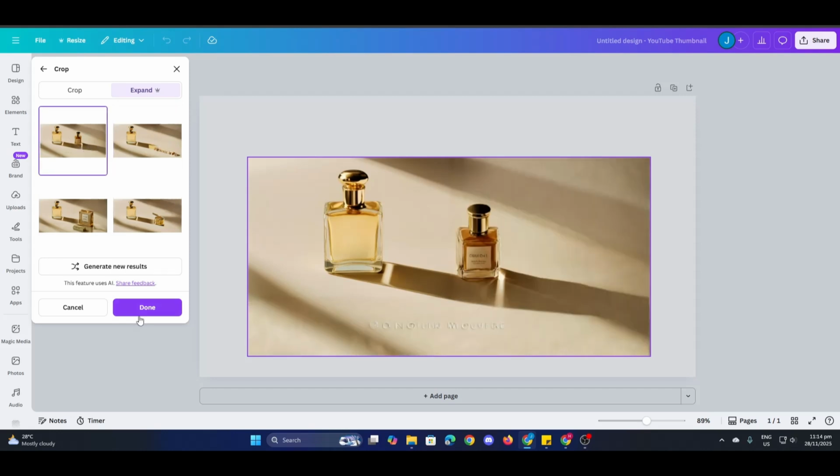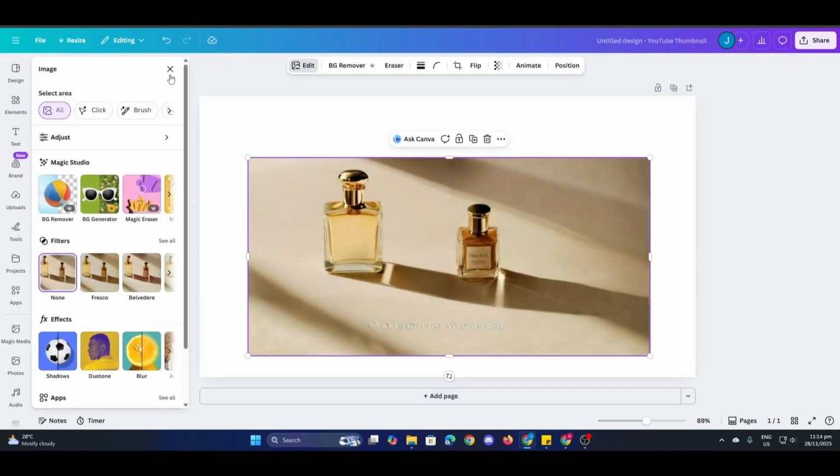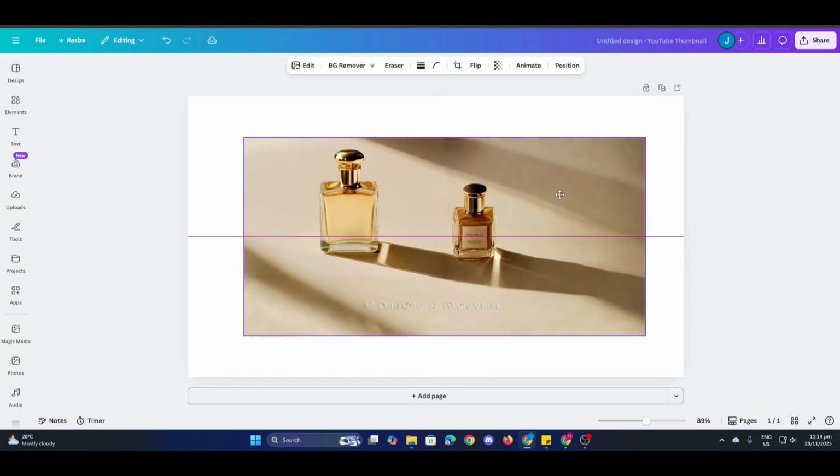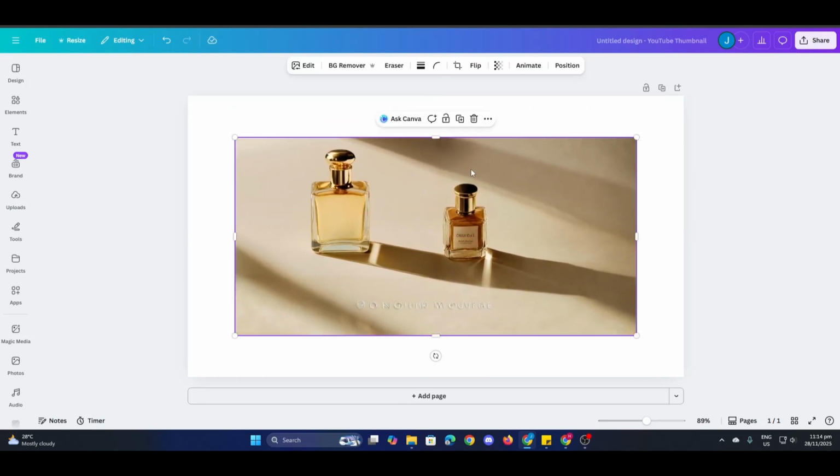You can just click on that and then click on done. Okay, now we have a new photo that we just expanded. Okay, so that's it. So you can play around with it however you want,